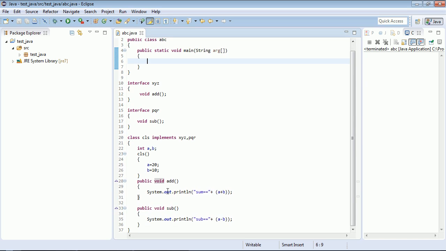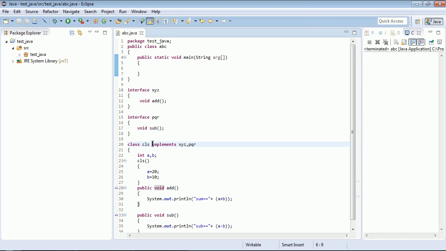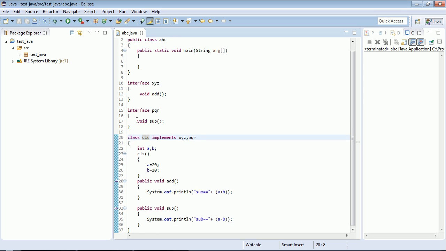method. Okay, now here you can see multiple inheritance implemented, because two interfaces are inheriting the same single class, that is CLS, simultaneously. And since an interface cannot have a method body, we will override those methods in the child class, and then we can access these methods inside the main or any method of the program. So I will make an object of